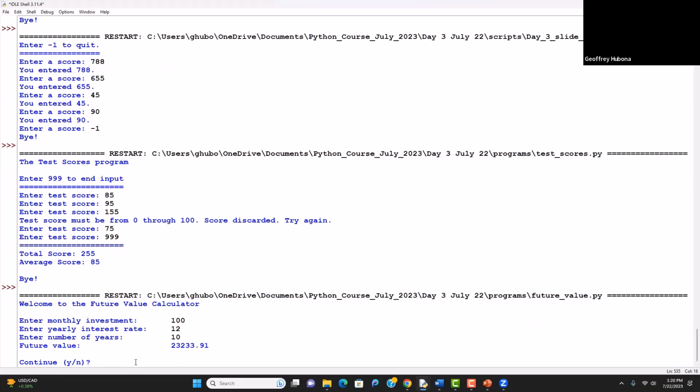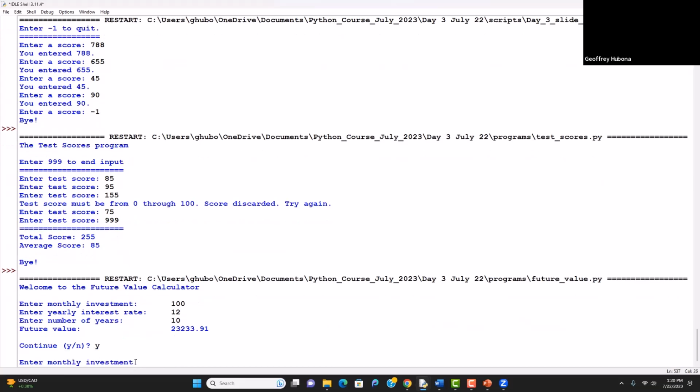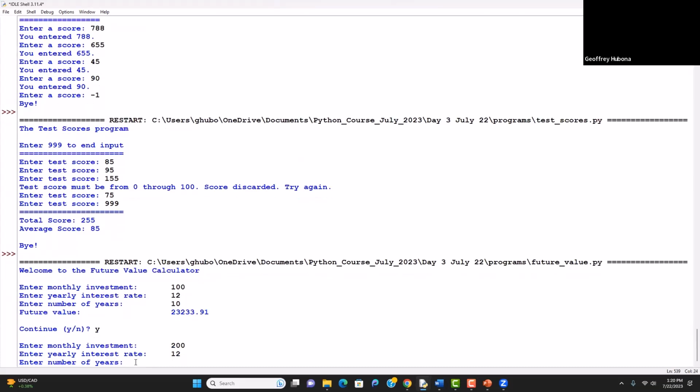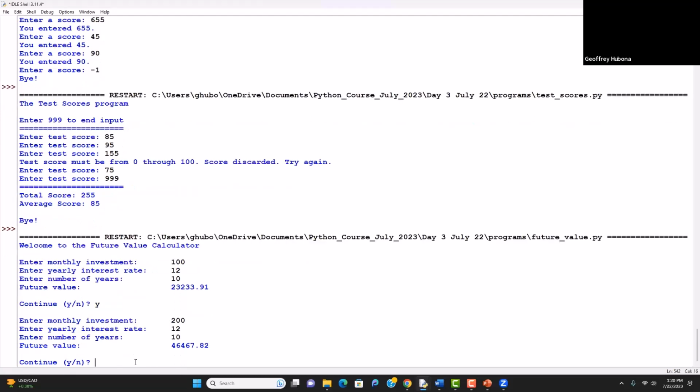If you say yes, and let's enter twice as much, save up 200 a month with the same interest rate and the same number of years, the future value should be twice as much, right? And it is, I guess, 82. So you end up with twice as much money. Okay, so we could look at the code, but I want to show you